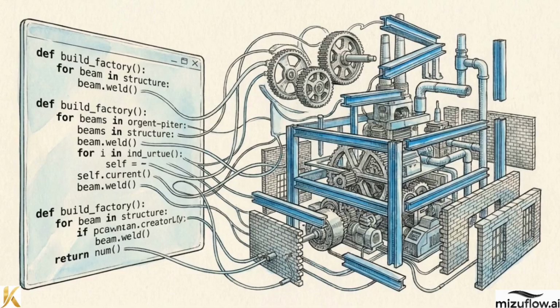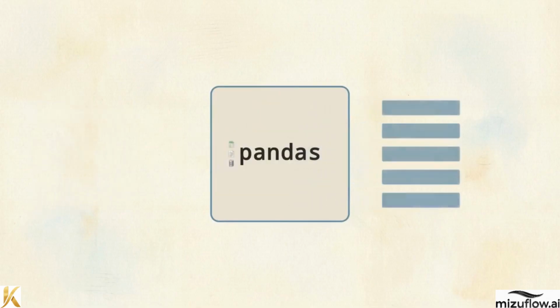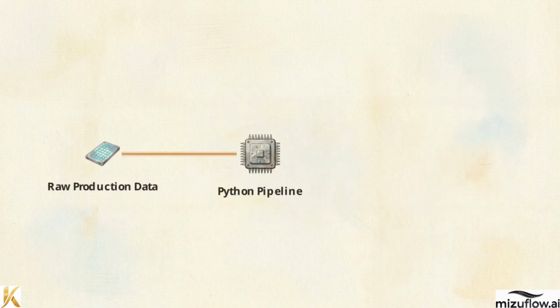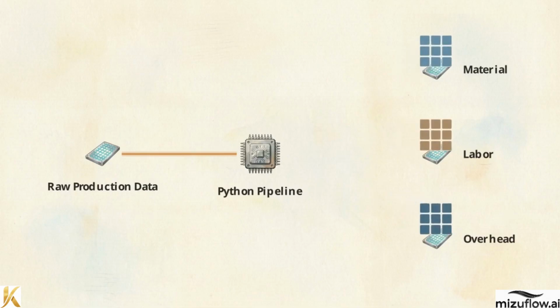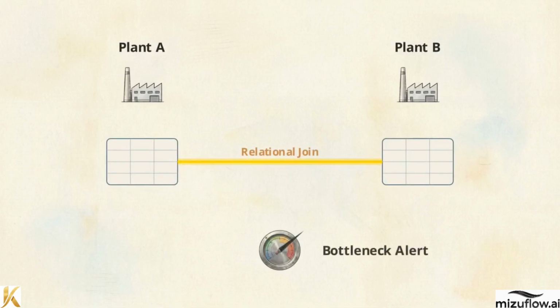Python provides the necessary alternative. In this context, Python operates as a strict structural engineering tool for operational finance, capable of processing massive datasets reliably. The foundational engine behind this architecture is pandas, a data analysis library designed to ingest, relate, and compute large volumes of operational data. We are going to use this library to build a deterministic, automated costing pipeline directly from first principles. Replacing static spreadsheet cells with automated relational joins allows the system to process multi-plant data at a speed that